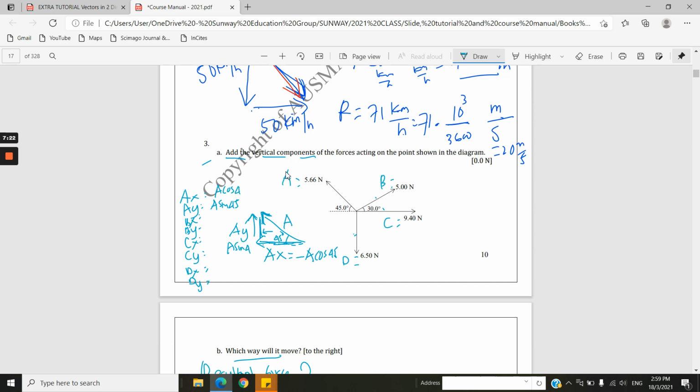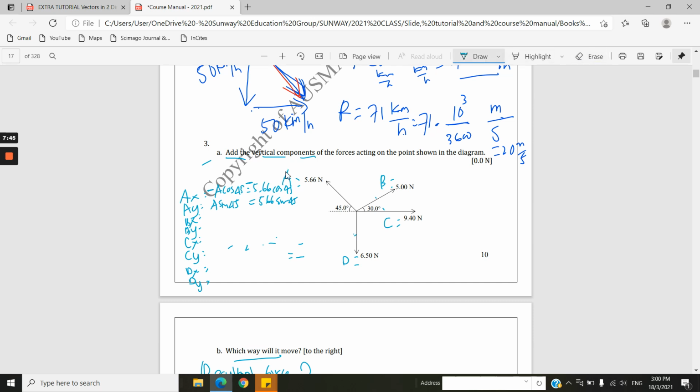You can substitute the value. A is 5.66. Cos 45, negative. This is negative. Yeah, ax is negative. 5.66 sine 45. Okay, you can do it this way. After that, you can do